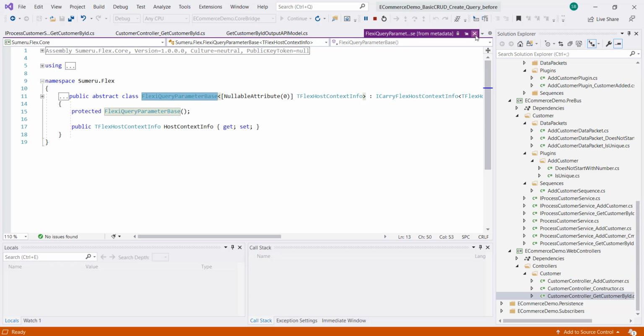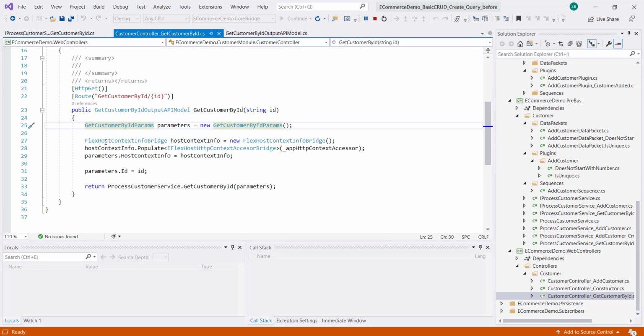You may need it for tenant, you may need user ID for your queries. So it is consistently applicable throughout the application. Similarly, we have the context info here, and then context info is populated from the context accessor. And in the parameter, the context info is passed because it is an ID.